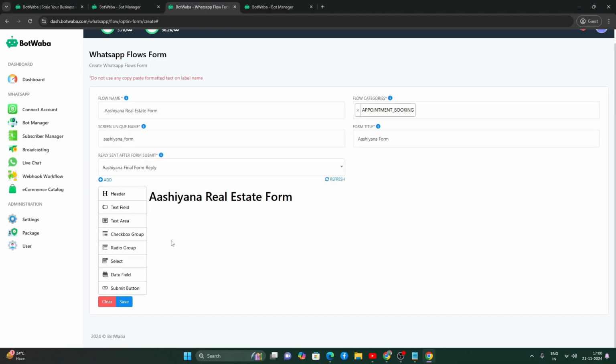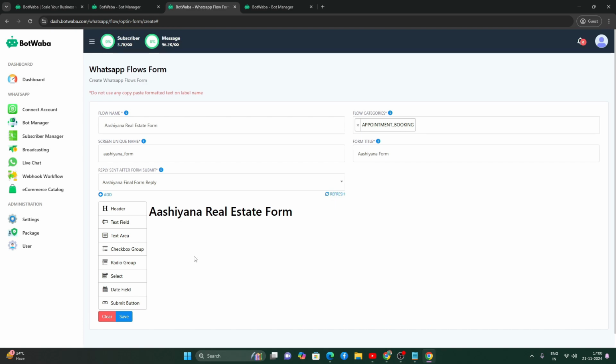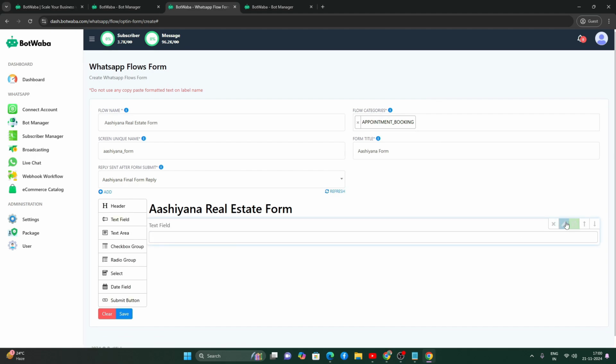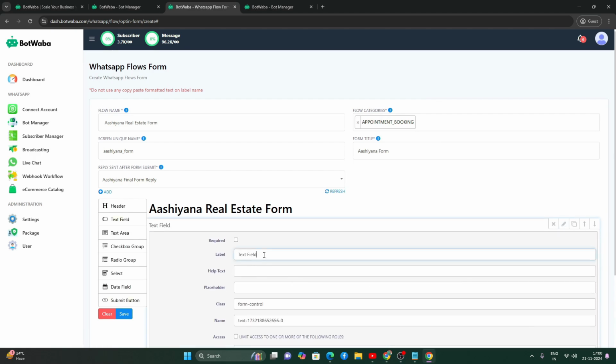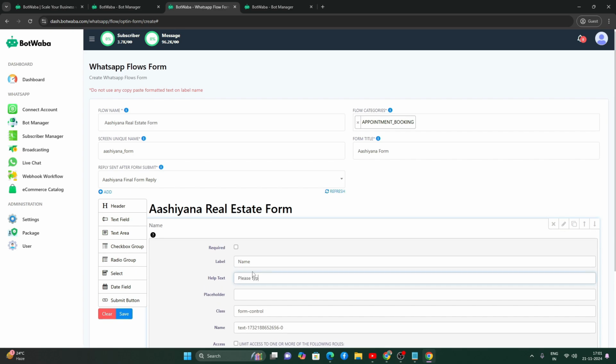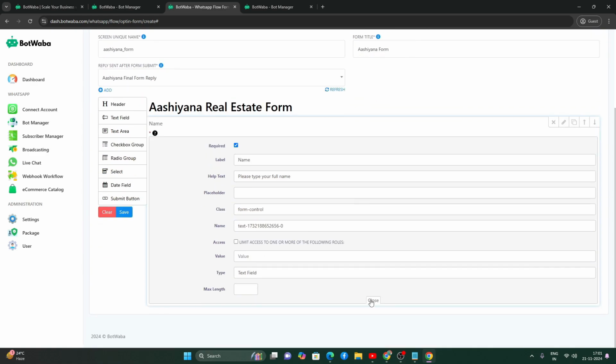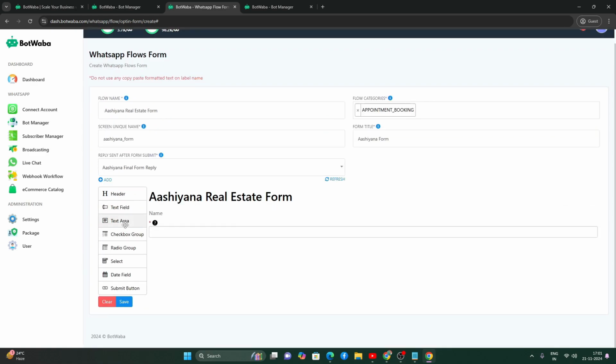So, I'm gonna set some general questions for the form to help you understand how to do it. So first drag a text element and double click on it to customize it. Label, I'm gonna write name as a question. And the helpful text means just a guidance for the question, like what to answer for the question. So you can set it up over here. In that help text, I'm gonna write your full name and enable the required option when you want the answer to the question to be mandatory. After that, drag another text field and ask another question, like phone.